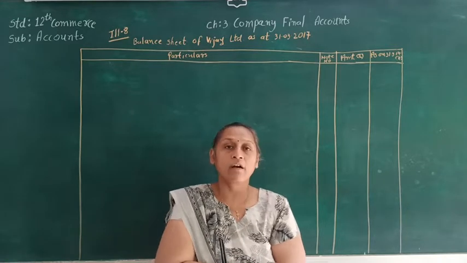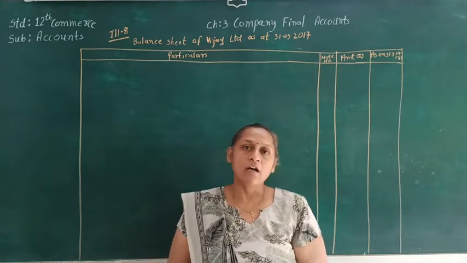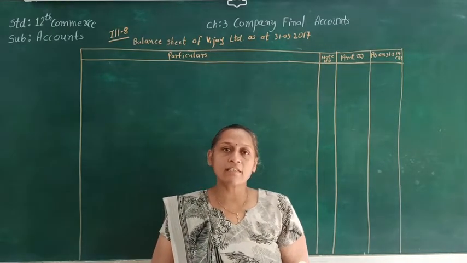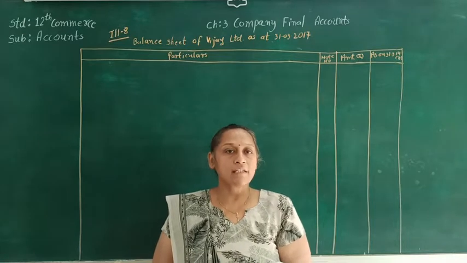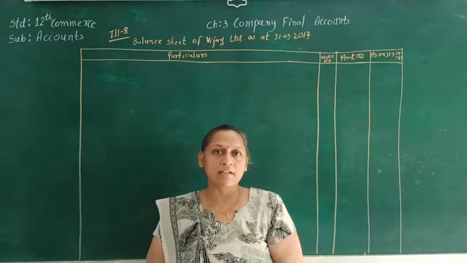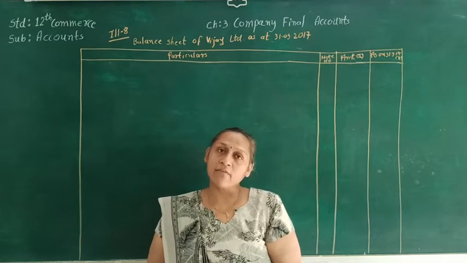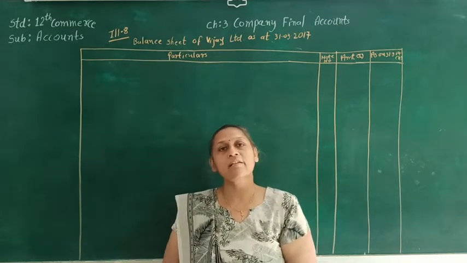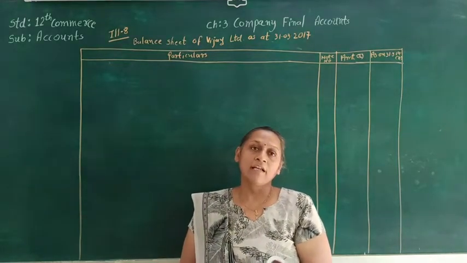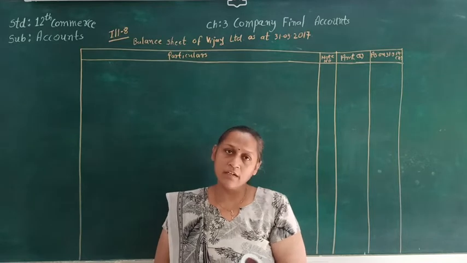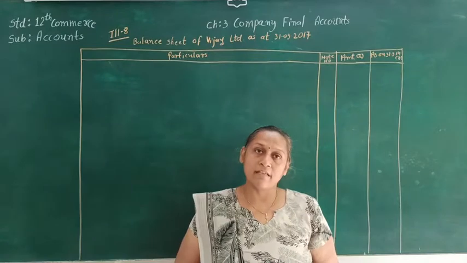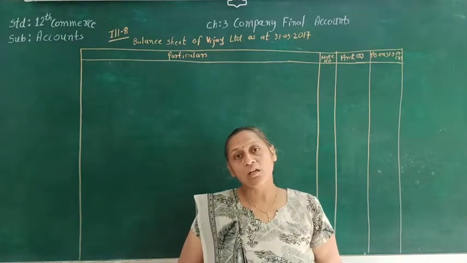So here as we know that the asset side of the balance sheet, and we have discussed in our last video that mainly there are two heads, that is non-current asset as well as current asset. And in the non-current asset again there are four heads. In that very first is a fixed asset, that is again divided into two categories, tangible asset as well as intangible asset. The other head is a non-current investment. After that the third one is long-term advances, and fourth one is other non-current assets.